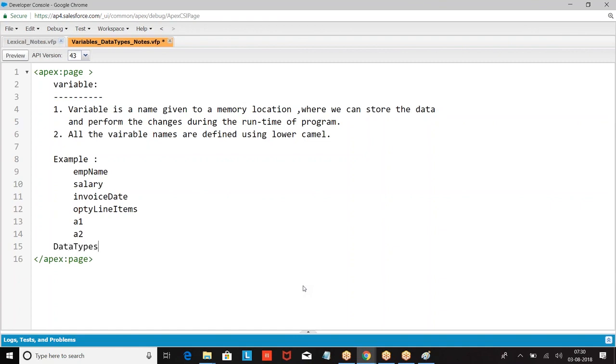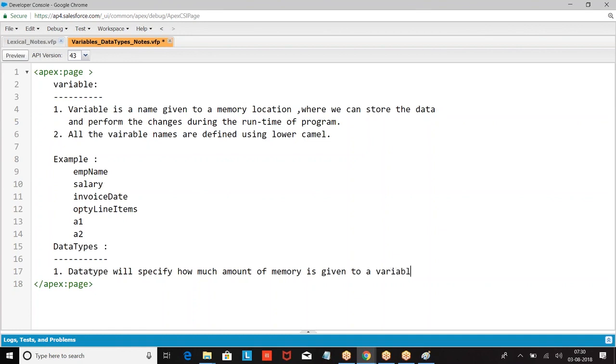Data types will specify how much amount of memory is given to a variable. What type of data is stored in a variable.